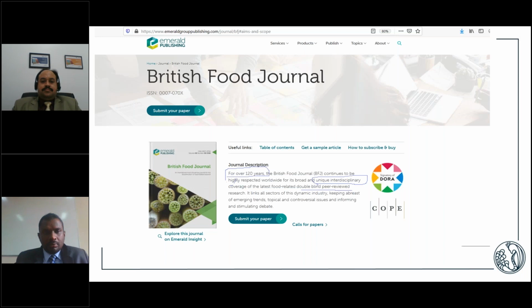Scopus people review journals on a continuous basis. So sometimes they will drop a few journals. It is not a mortal list, okay? It is not that once a journal is listed in Scopus it will always remain there. No, no, no. They will get it evaluated. The same goes for Web of Science, and the same goes for some other quality databases like